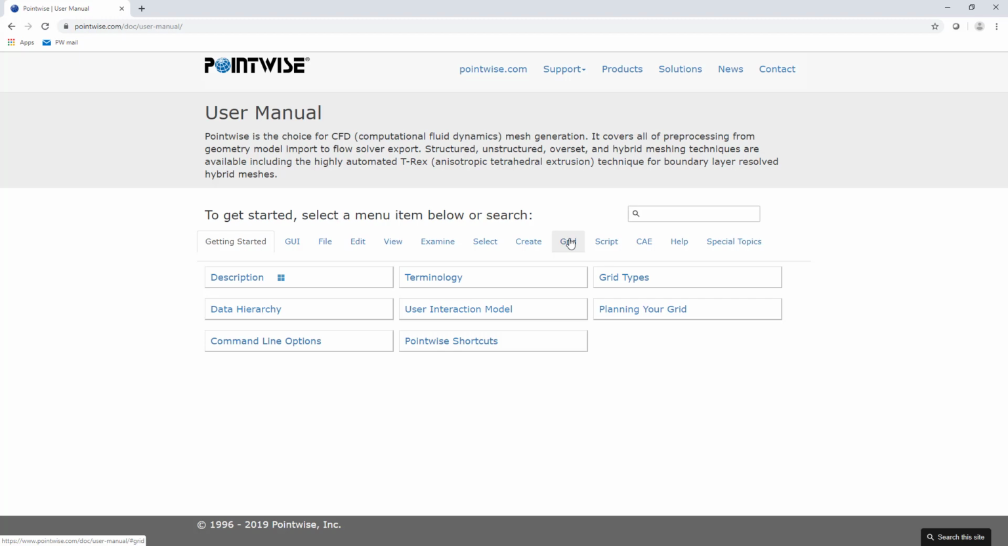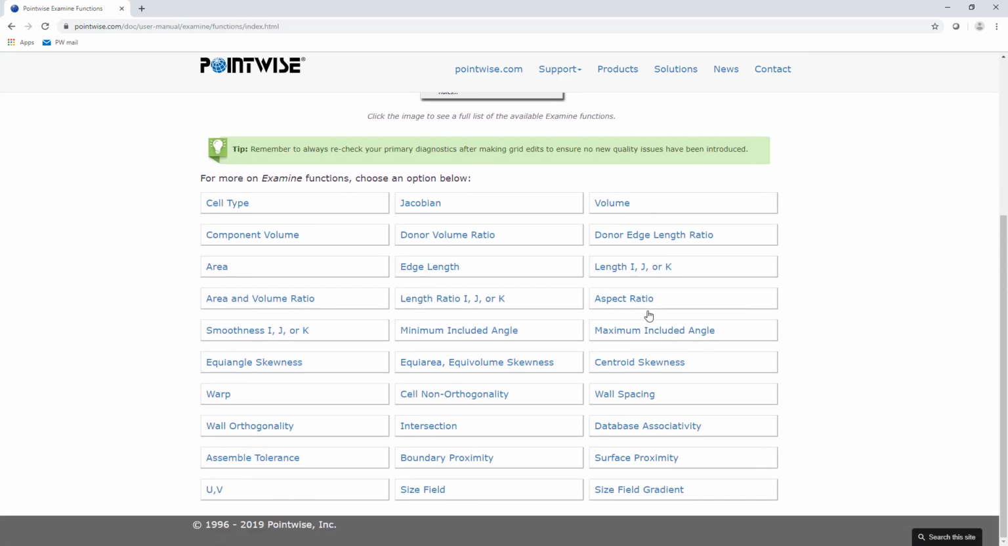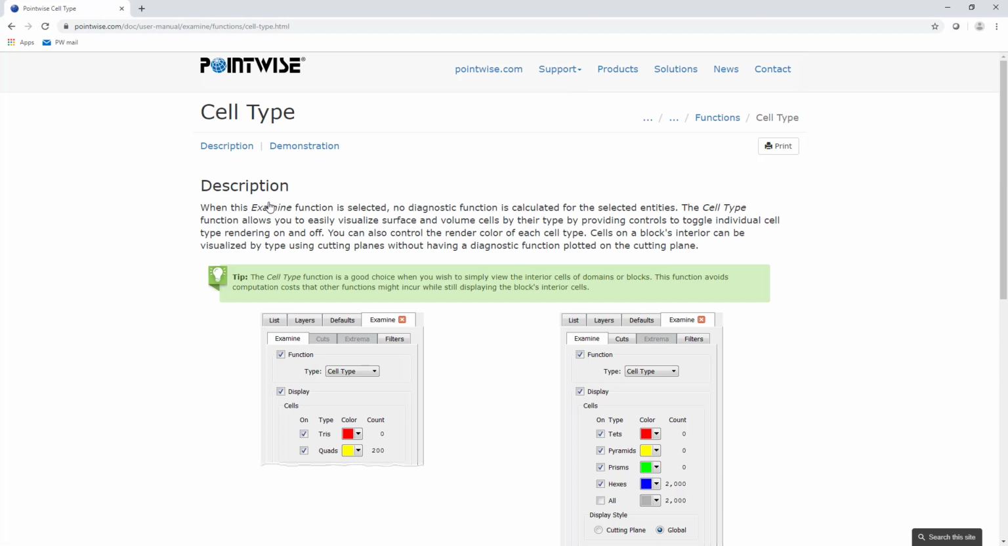Let us assume that you're interested in some particular examine function and you need more information about it. Simply go to the Examine option, Functions, and you are presented with all the available examine options in Pointwise. Let's assume you're interested in the cell type function. As you can see, if you click on it, it's going to take you to the page where you can